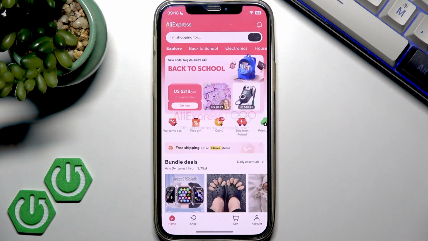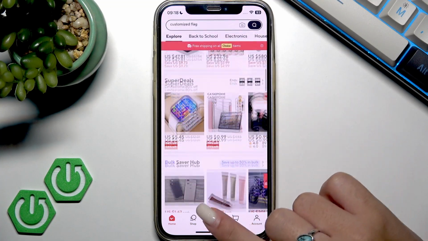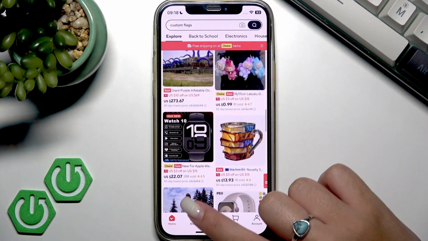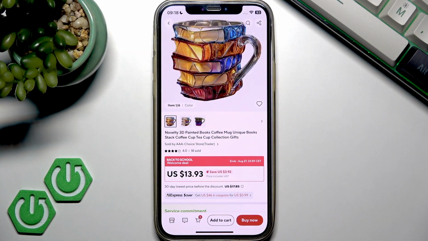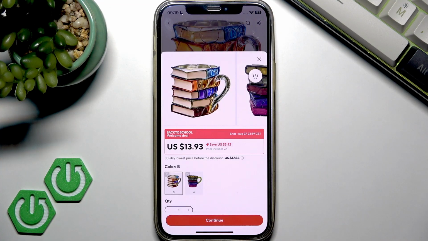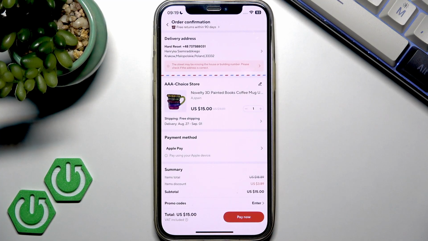So open AliExpress application on your device and go to whatever product that you want to order. So for example this one, and now I need to proceed to my checkout page. So I press red button buy now, I select which exactly item I want to purchase, tap continue button, and